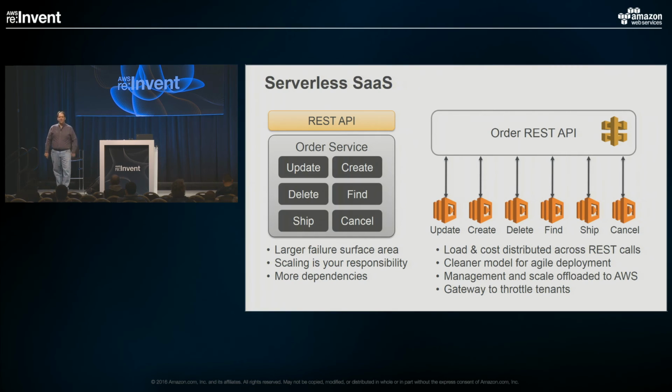On the right-hand side, when you look at that same scenario and that same service broken out into functions, I have a very different set of opportunities here, right? Because now I just say, what are the functions that my tenants need to run? Whatever they are, here they are, and each of them are going to scale independently, and I don't have to write the policies around how they scale. So now, if tomorrow 10 new tenants show up and they onboard into my system, and they're really hammering the delete or the find or some function that didn't used to be running a lot, fine, Lambda will run more